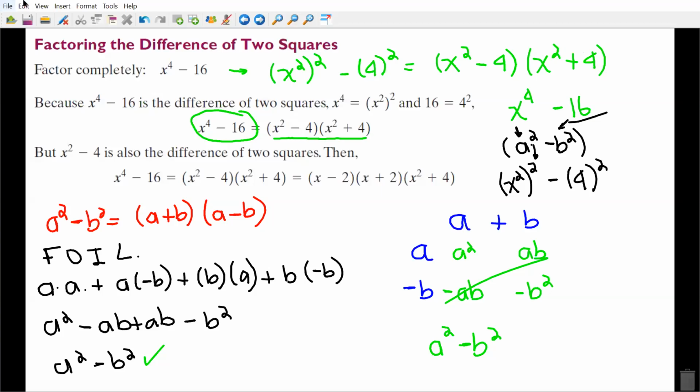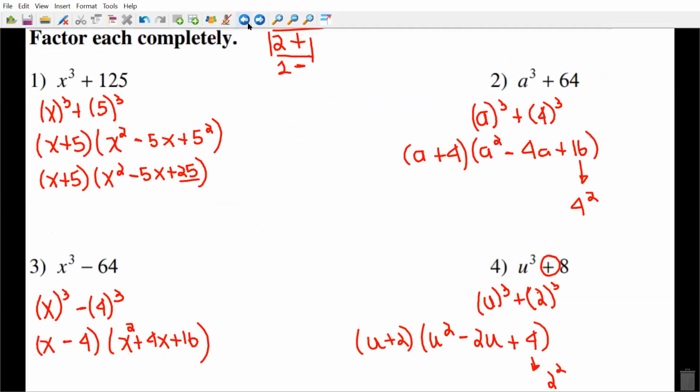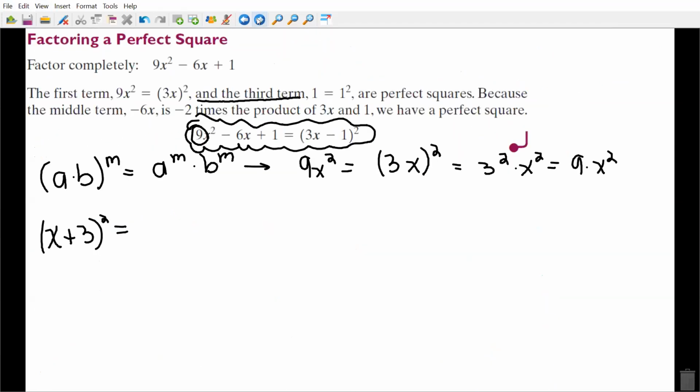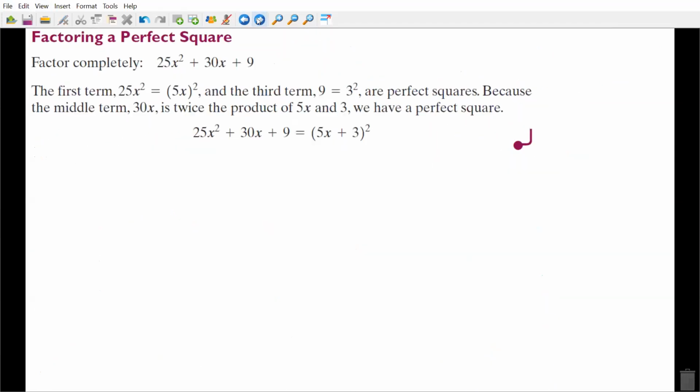Factoring the difference of two squares. Before this, we were talking about factoring cubes. Do you remember? Yes, when we were factoring sum and difference of cubes. So in today's lesson, I'm going to be solving the last exercise that is over here, factoring a perfect